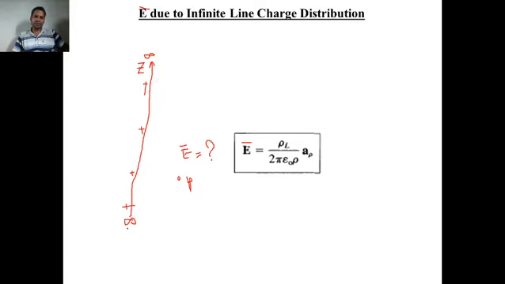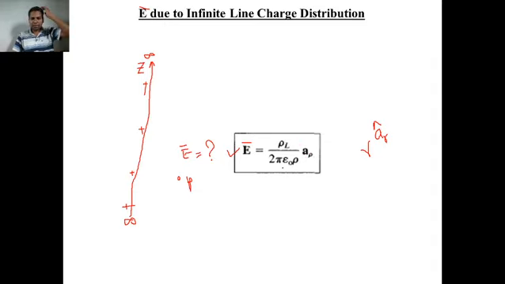And the formula we obtain after completing this derivation is rho L upon 2 pi epsilon 0 r a r cap. So this r and a rho, this we have shown now here, a rho and rho, we can replace it by r and a r cap. If you follow my previous lecture, I have explained sometimes the authors use rho in place of r and a rho in place of a r or a r cap, because here the cylindrical system might have been followed, that is why rho and a rho is obtained here.